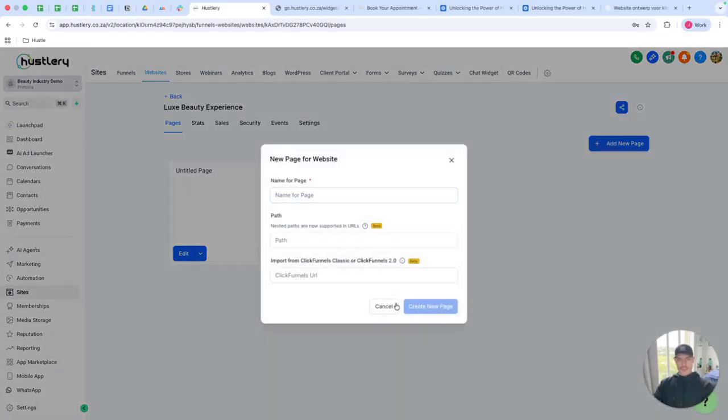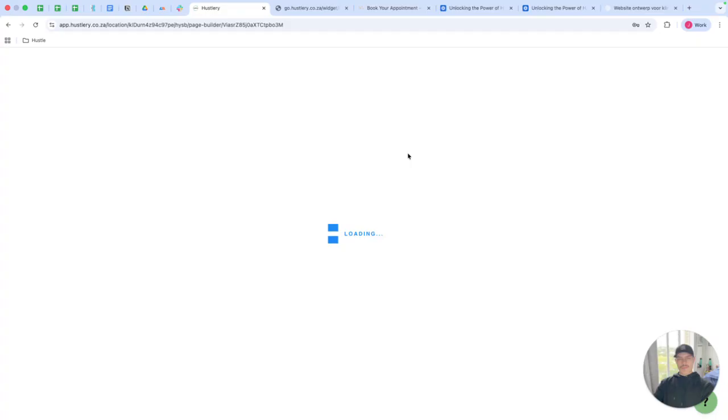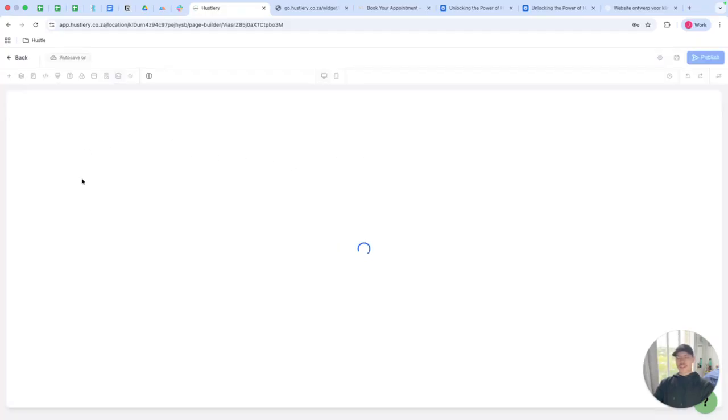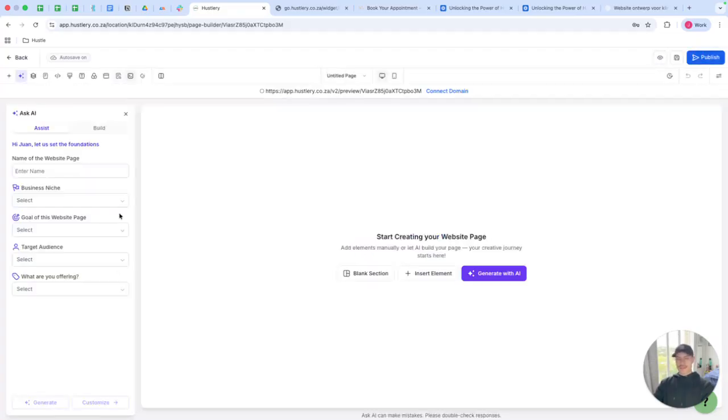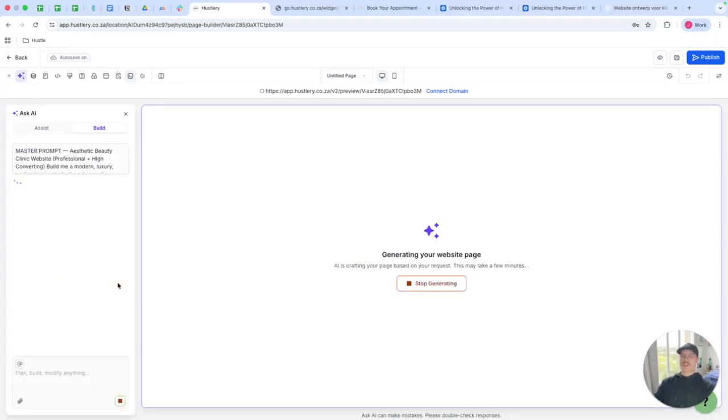Say add new page, or actually let's just start completely over, build with AI. And then instead of filling in your details like we did in the previous website page, you go to build over here where it has the little conversation tab, and then you just paste your master prompt over there. And then you say start, and again it thinks a little bit, reads your prompt, understands what you want,